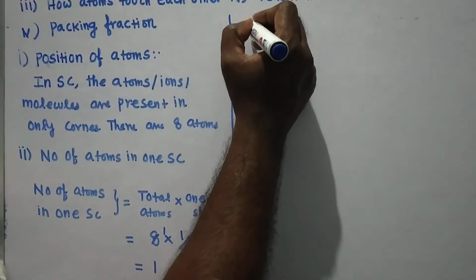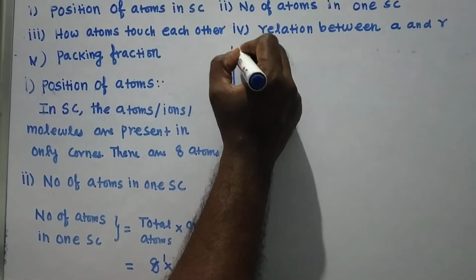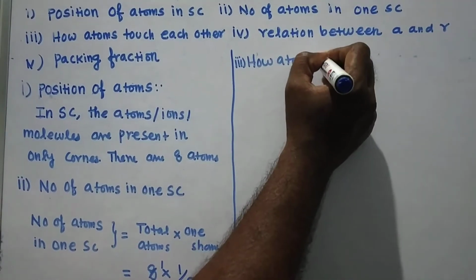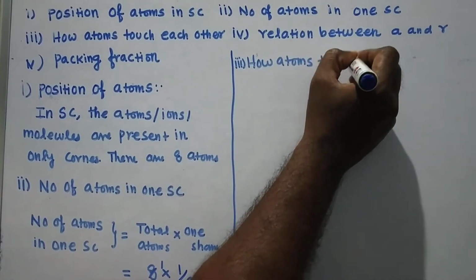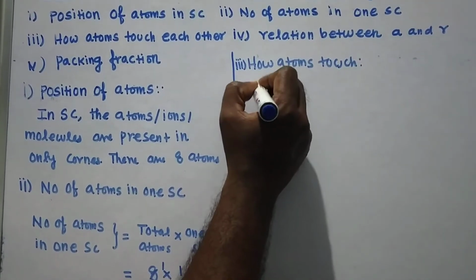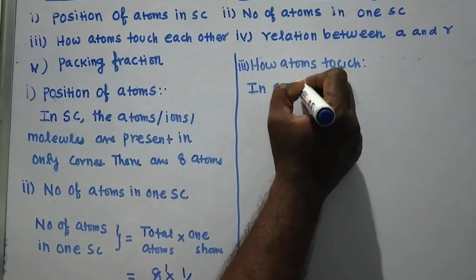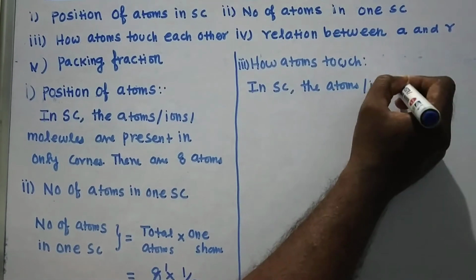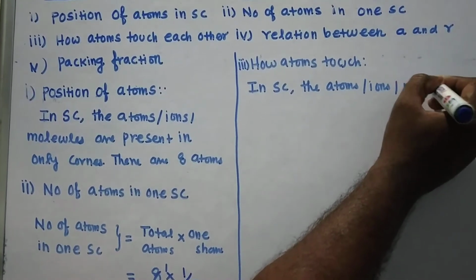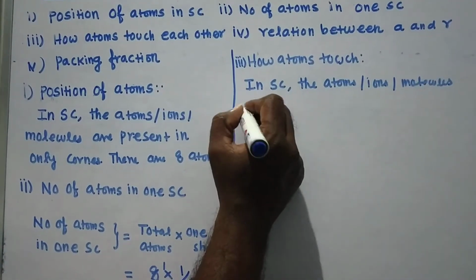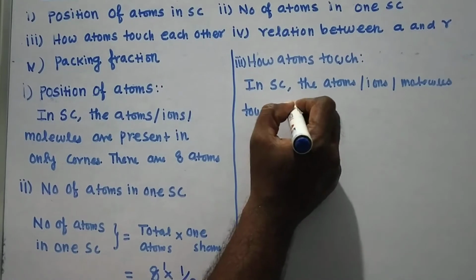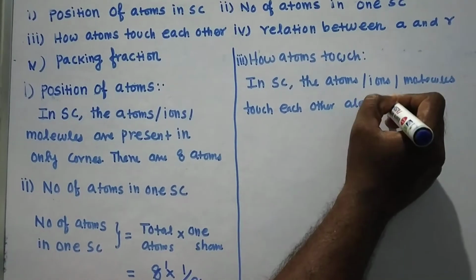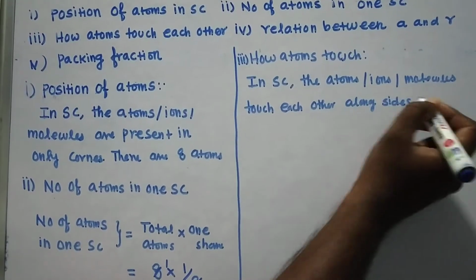Therefore, number of atoms present in one simple cubic structure is equal to 1. Then, third one, how atoms touch. Okay, how atoms touch. In simple cubic structure, the atoms or ions or molecules touch each other along the sides. Okay,